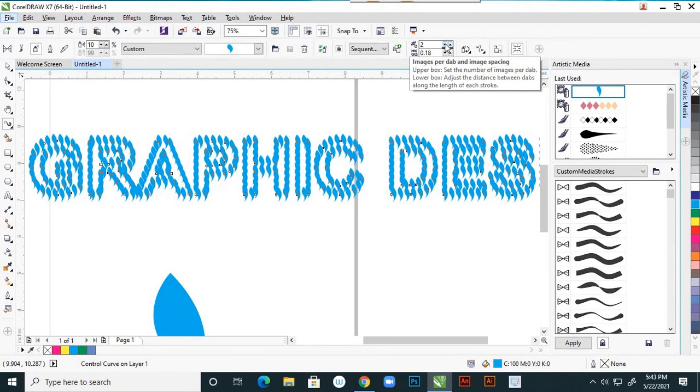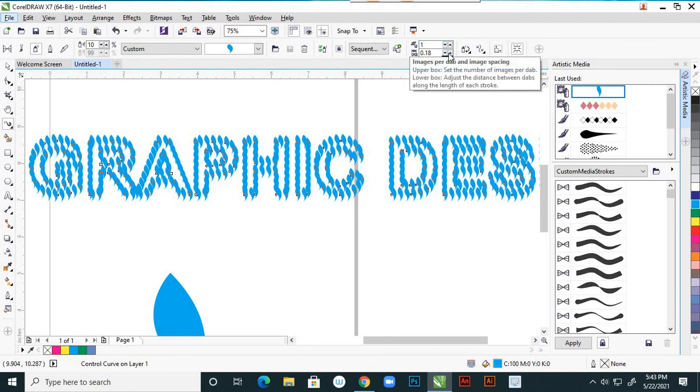Suppose here the upper box sets the number of images per tab. So 4, otherwise you can decrease the number, 4, 3, 2, minimum 1, right?